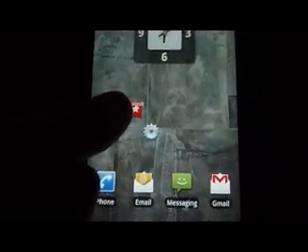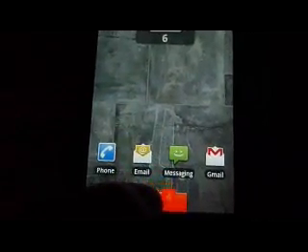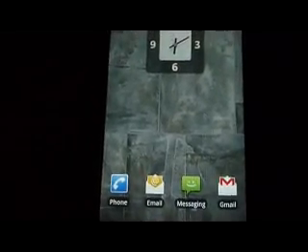If you want to delete this widget, you just long press on it, you drag it down here to the little trash bucket, and it's gone. And that's all for